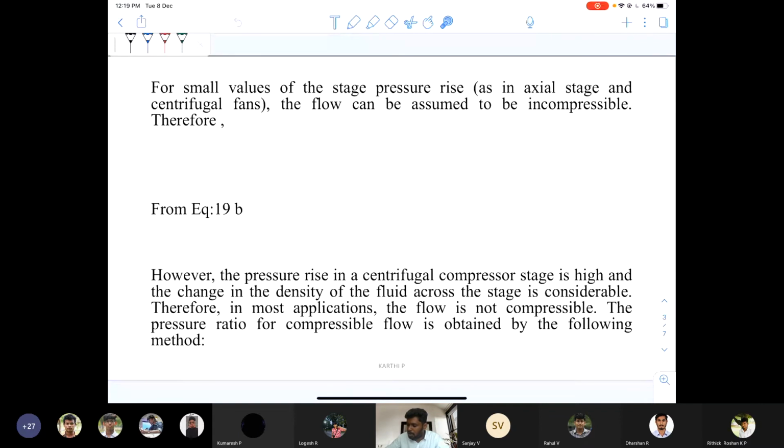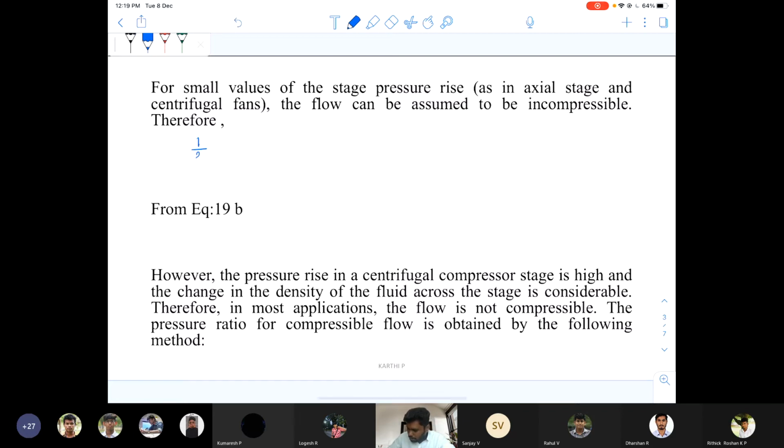For a small value of stage pressure rise, the flow can be assumed to be incompressible flow. That is, if there is a small rise in pressure, it can be handled by assuming the flow to be incompressible. Therefore, you can get